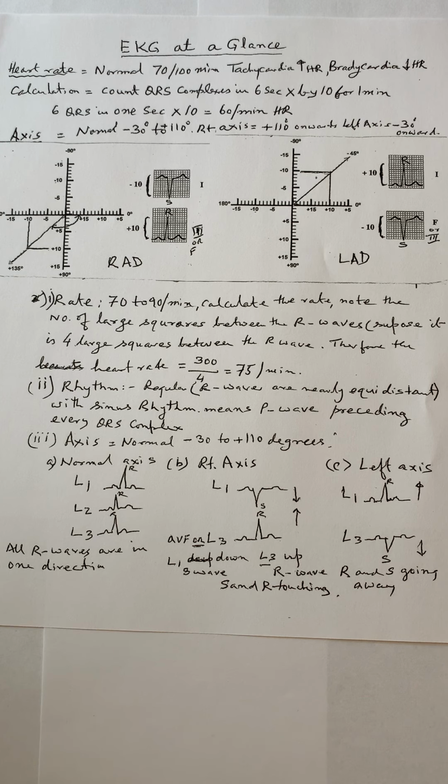In this cross that you see, positivity is indicated below, negativity is indicated above. You can see it is written plus 90 and minus 90. Minus 90 is at the top, plus 90 is below. So if you draw, here in lead 1, supposing it is minus 10, so on the minus side, if you draw